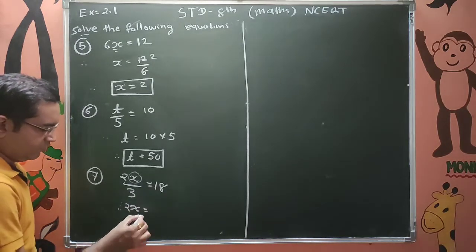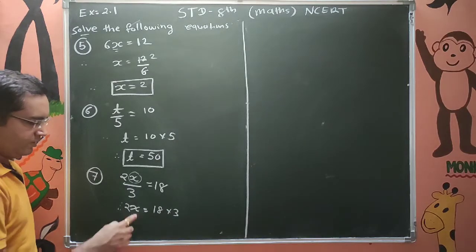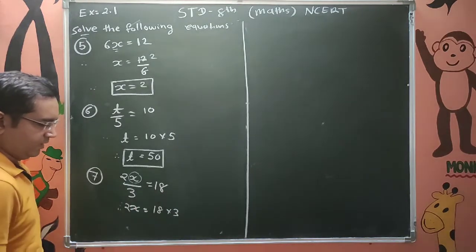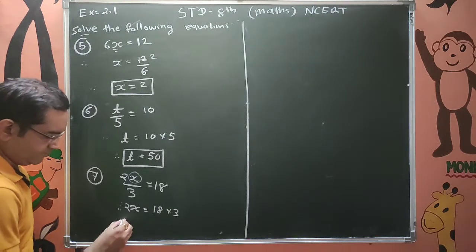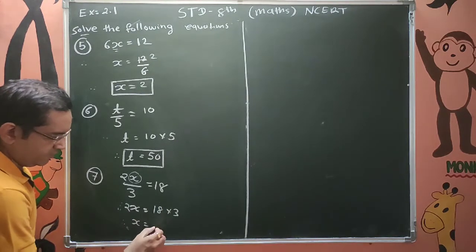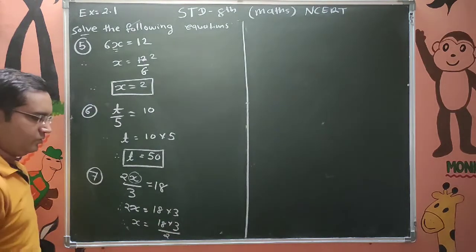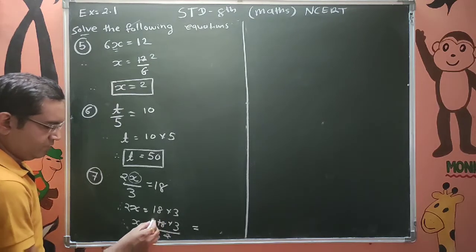Therefore our x is, first we take 2x is 18 multiplied by, but this 3 is in division, so it will go into the multiplication. Now this 2 is in multiplication with the x, it will go into the division. Therefore, your x is 18 multiplied by 3 divided by 2. So what is the simplification? 2 9s are 18, 9 is